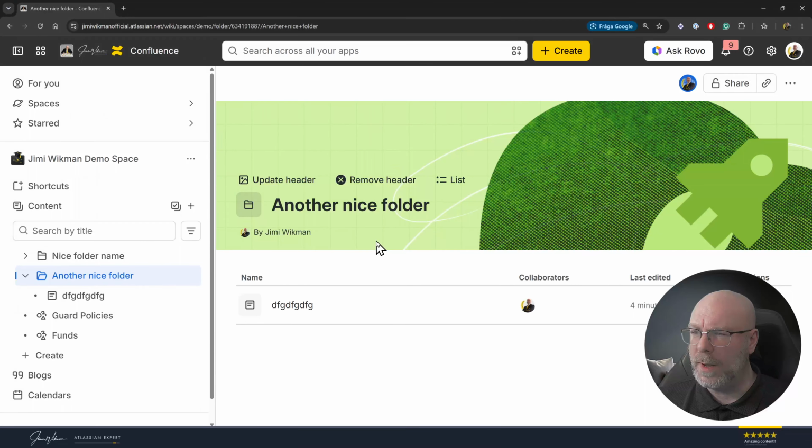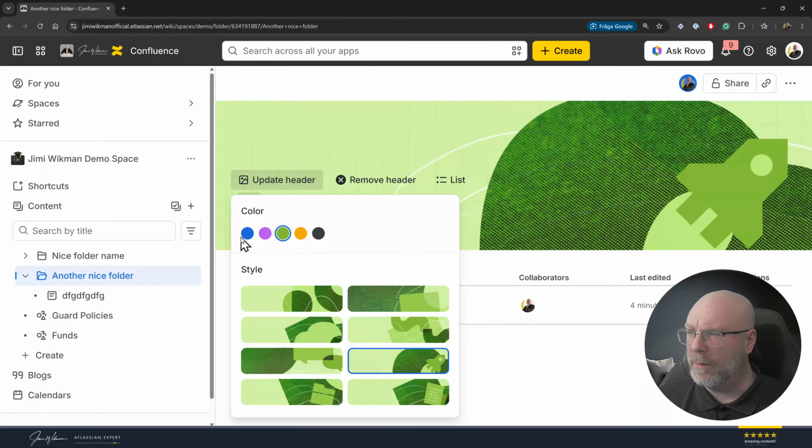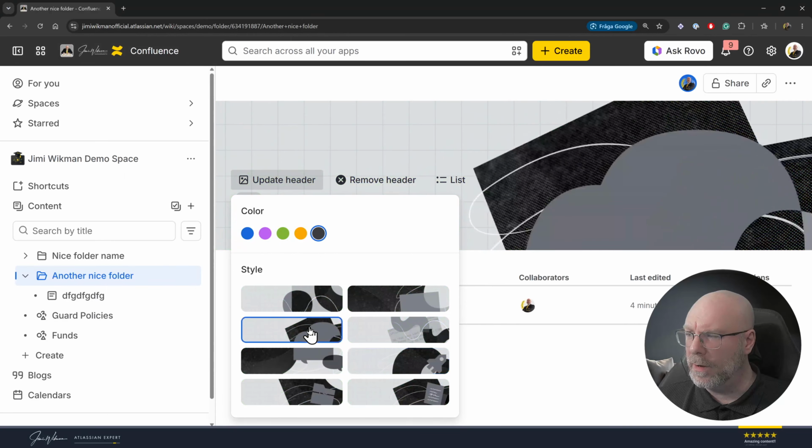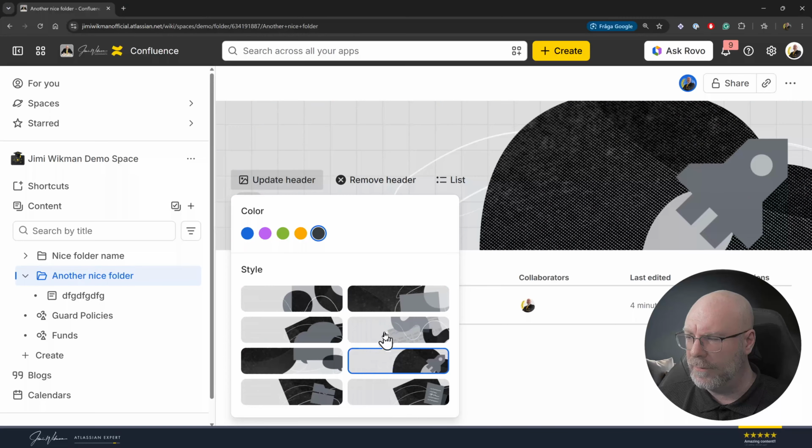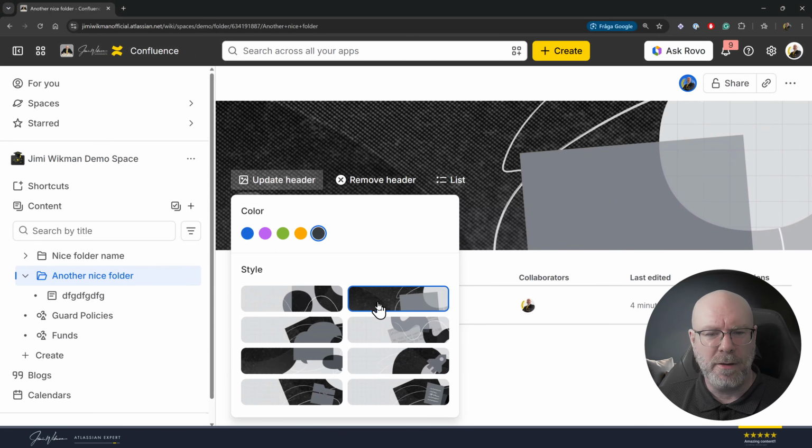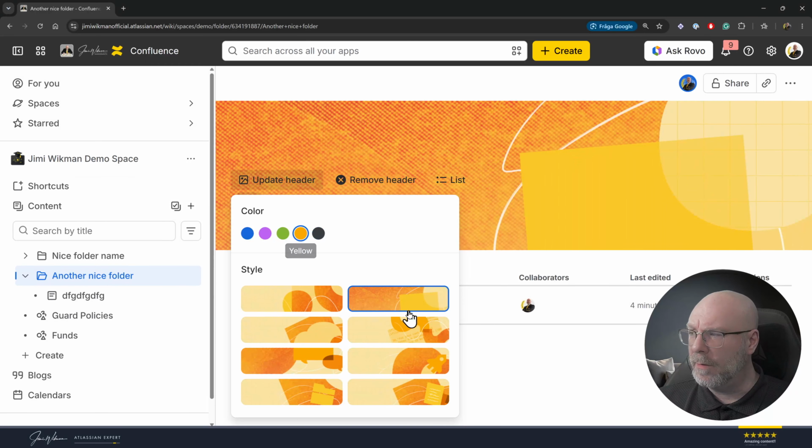This one will give you a few options. The first thing that we can see is this header here. You can update the header and choose different colors for it, and different images or styles. These are only hard-coded at the moment. I haven't seen anything about whether this will change later on, but I am assuming that